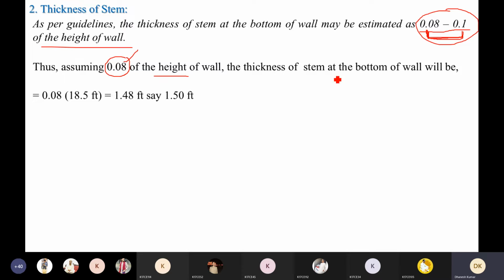So the thickness of the stem at the bottom of the wall would be what? That is 18.5 foot, it is our h, the total height of our wall from the bottom to the top, multiplying with 0.08, its range, which comes out to be 1.48 foot. Now that is the thickness of the wall, which we are taking as 1.48,